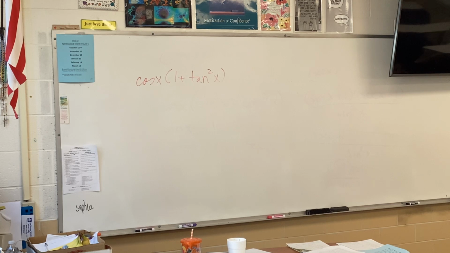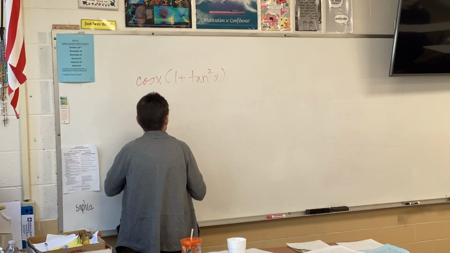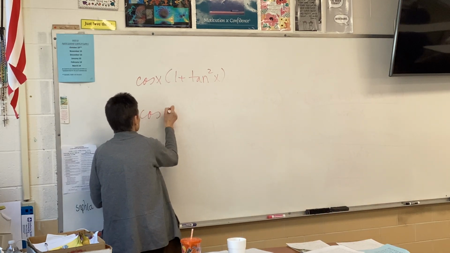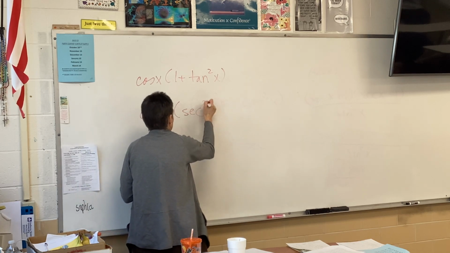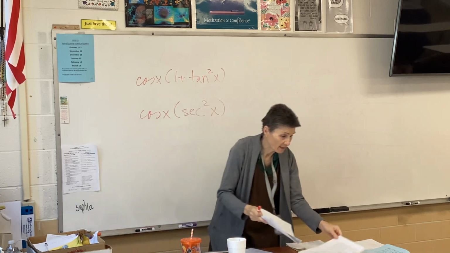Anybody see anything? Yeah, it's if the tangent thing is equal to secant squared. 1 plus tangent squared is secant squared. Look at your paper, that's what it says, right? So, I'm going to change my 1 plus tangent squared into secant squared. Now, you don't have to do that, but doing that is going to make this problem a lot easier, because